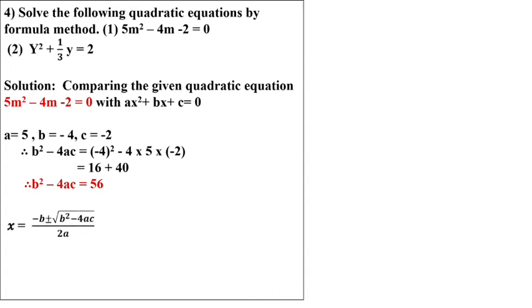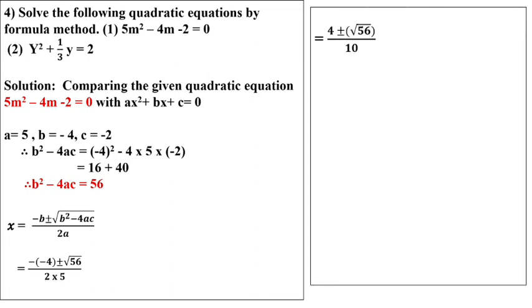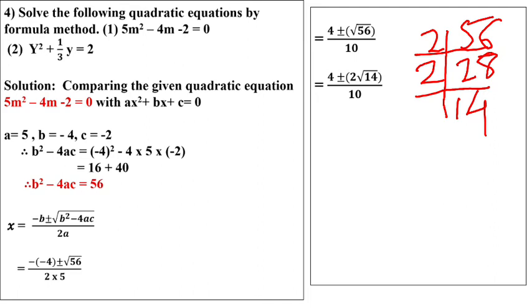Now we will use this formula: x equal to minus b plus minus under root b square minus 4ac upon 2a. Substitute the value. So b value is minus 4 and b square minus 4ac we got the value 56 and upon 2 into a value is 5. So minus minus 4 plus minus under root 56, 2 5 is 10. So 56 in positive also and negative also. So 56 we will split: 14 2 ja, 2 2 ja 4, 4 into 14 we get 56.